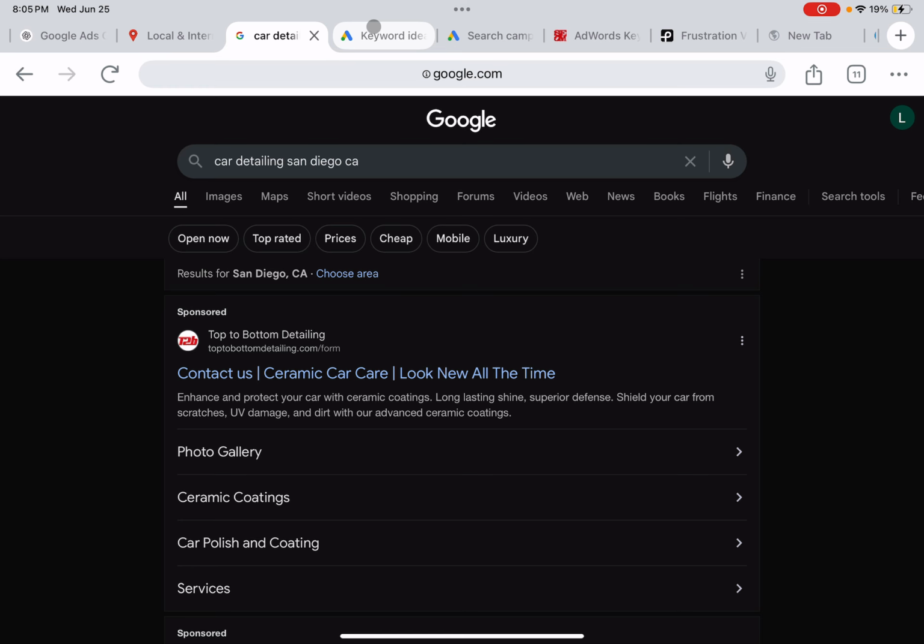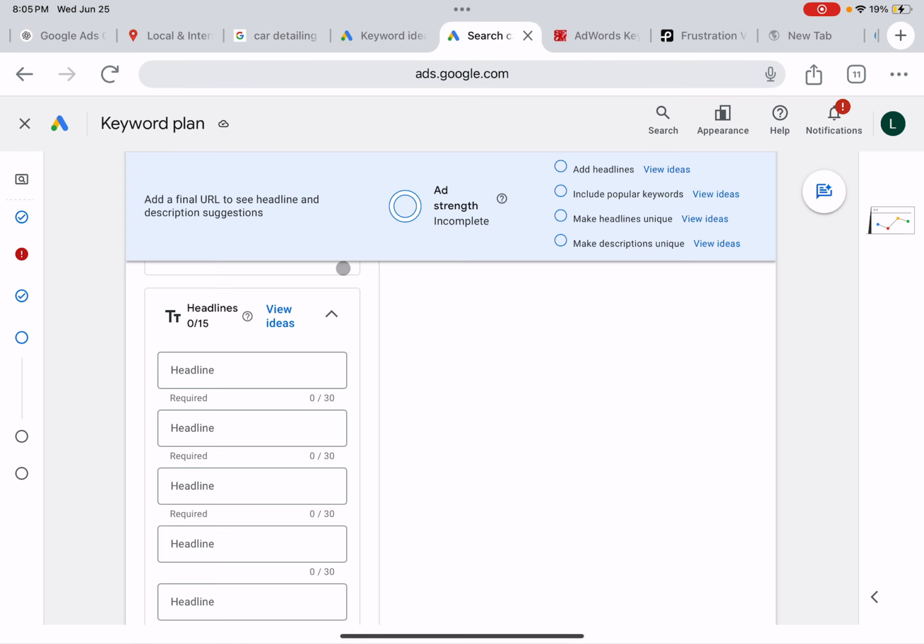So yeah, when it comes to your headlines, you just want to make sure you stand out. You show who you are. You show accreditation. You show what you've done. You add some sort of value, some sort of offer, maybe a free waxing or something like that to really grab somebody's attention. Really, you just want to get them to click on your ad versus your competitor. So whether that's through an offer,